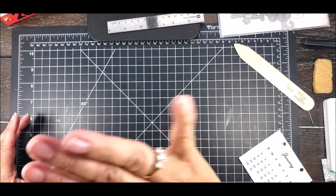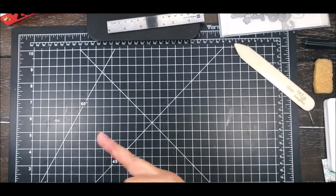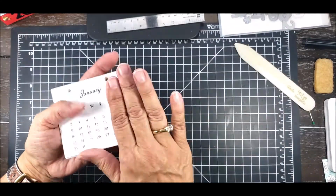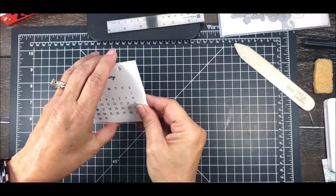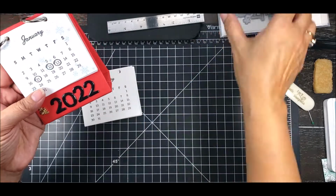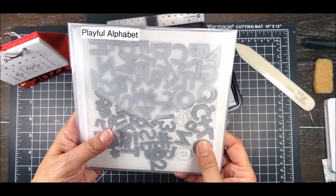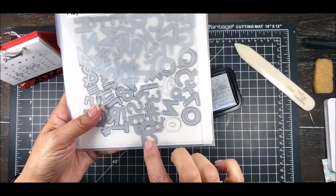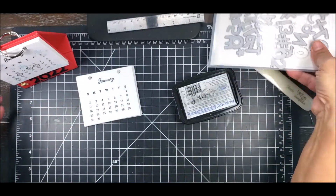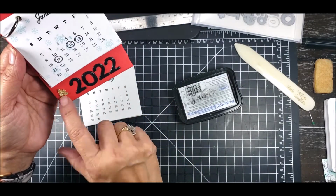And I'm going to do all my Januaries, all my Februaries, all my March, April, so forth, all the way through. And this is what they're going to look like. This is pretty simple and plain. Like I said, I cut out the 2022 from our Playful Alphabet die set, and I only used the 2 and the 0. I used some black cardstock, then I covered it with some of our Crystal Effects, and I added a little